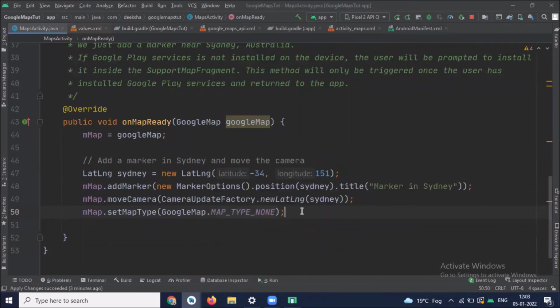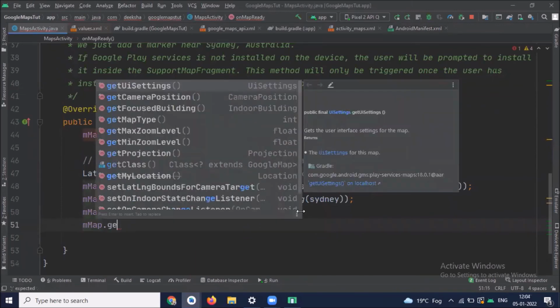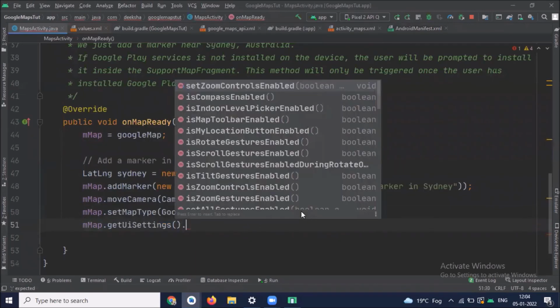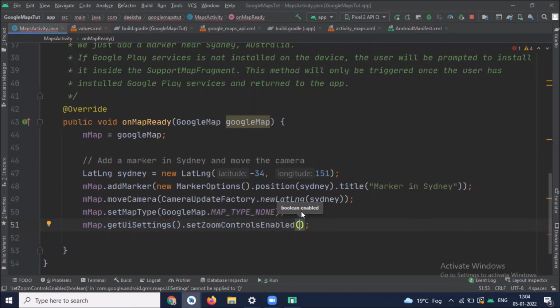Now if you want to add zoom control in the map, the Maps API provides built-in zoom controls that appear in the bottom right-hand corner of the map, and this is enabled by calling mMap.getUiSettings().setZoomControlsEnabled, and here we pass true.